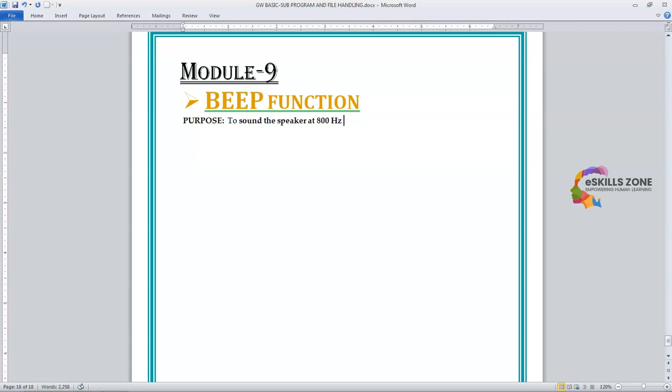It means 800 cycles per second, for 1/4 of a second. And the format is you just need to type BEEP this way, and the example is